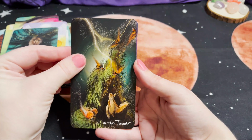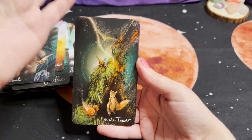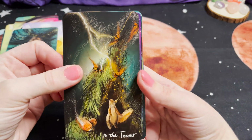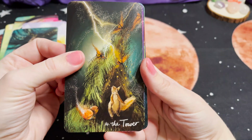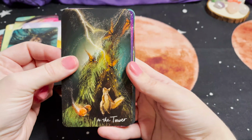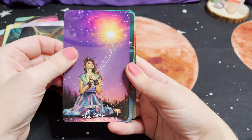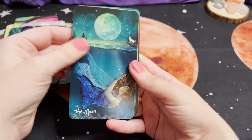Now it's gotten as dark as it can go. It's not going to get darker. It's time to get brighter. So I guess I kind of see the beauty in this Tower. I'm not sure I'm a big fan of it though. The Star, the Moon,